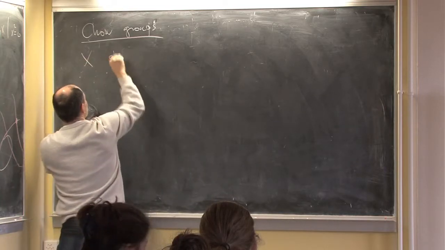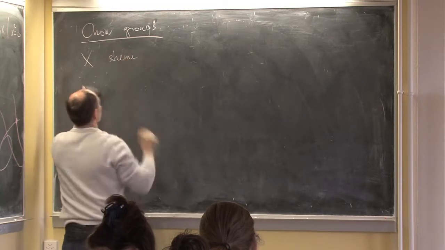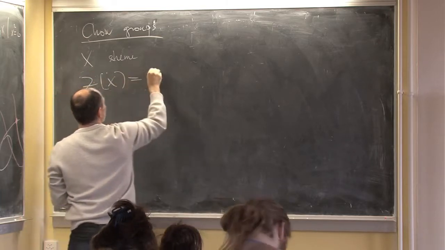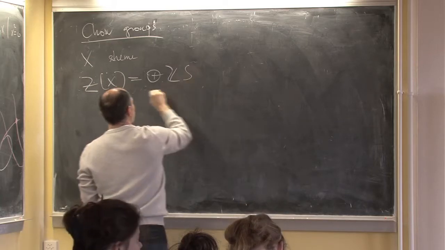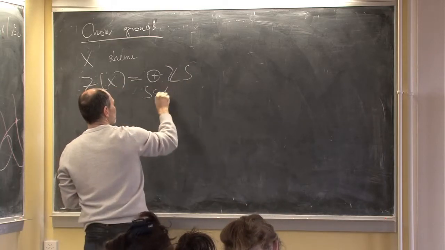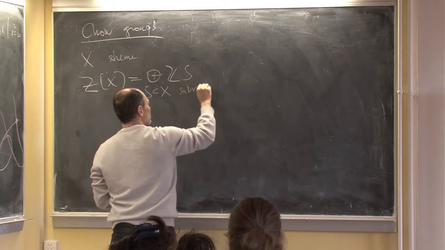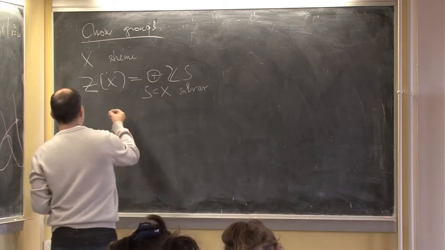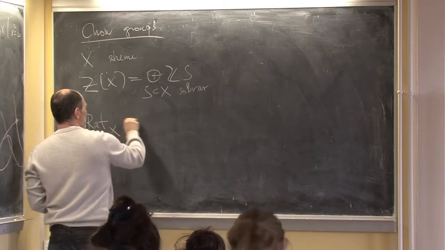X is actually any scheme, and then we define ZX, which is just the formal sum of subvarieties, and then we define the rational equivalences, which was